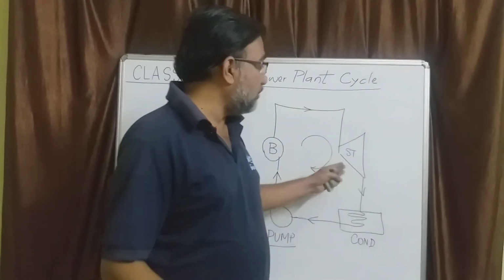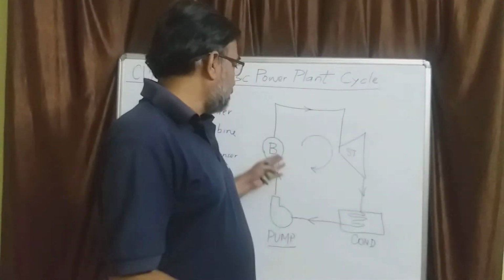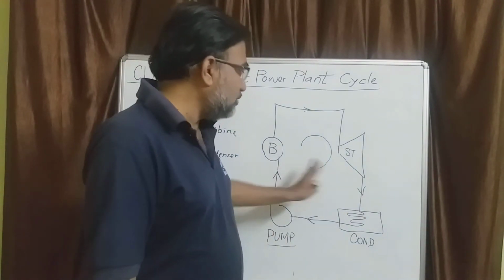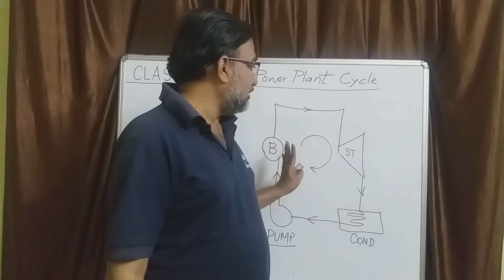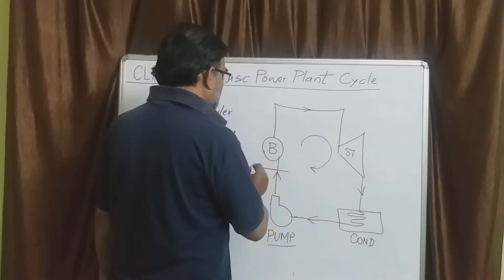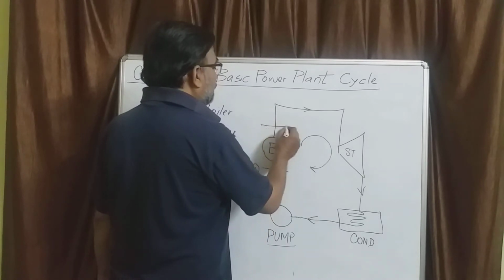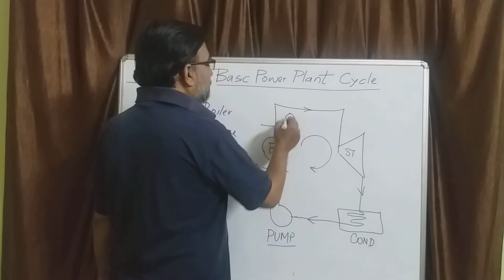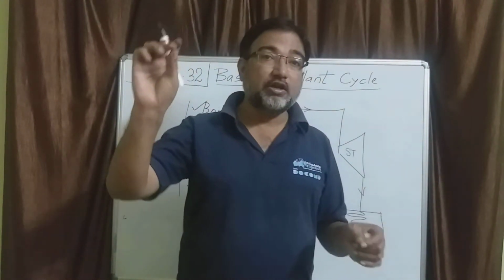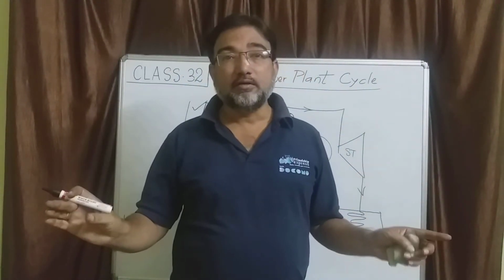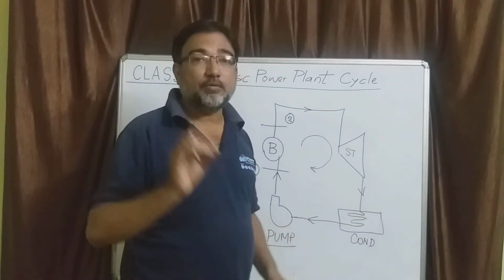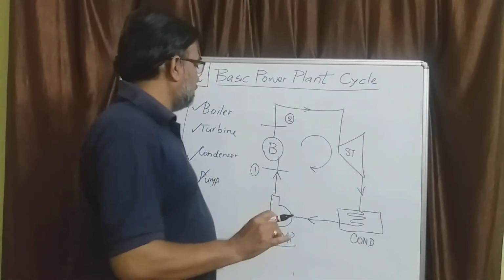In case of a turbine, the effect is positive work. In case of a boiler, the effect is heat given as input, and so on. We will see that when it goes to a boiler, if its state point is 1, then when it comes out of the boiler, it is 2. That means point 1 and point 2 can be located in the PV, TS or HS diagram. So there exists a difference of properties between point 2 and point 1.